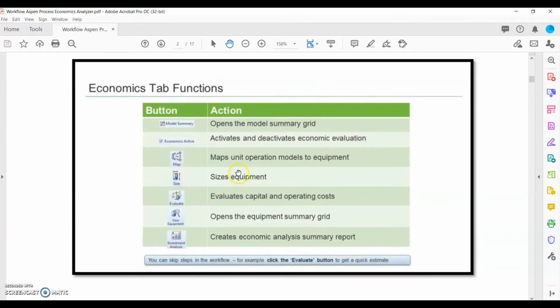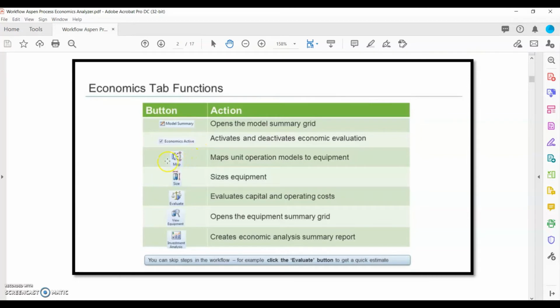Now there are some economic step functions that we use in the Aspen Process Economic Analyzer. So these are some of the economics step functions. Of course we need to activate the economics, so that means we have to tick this Economics Active.